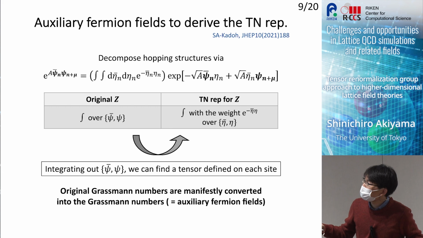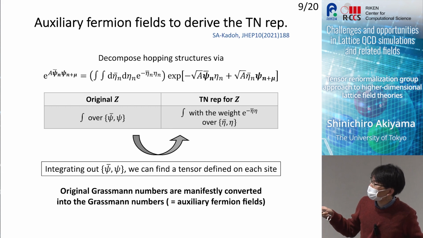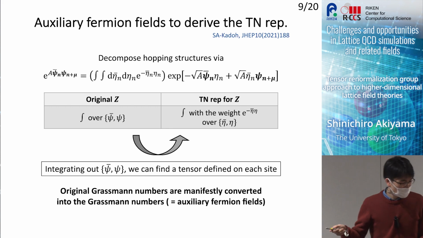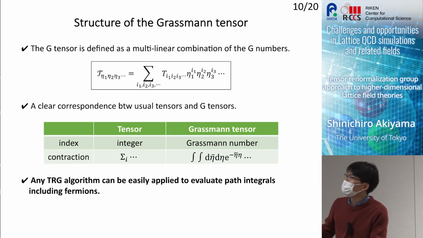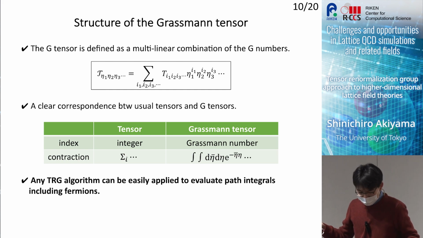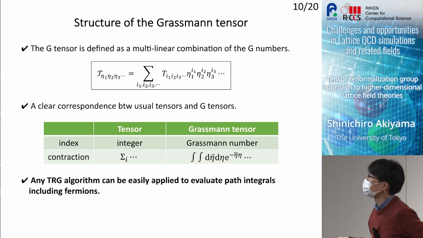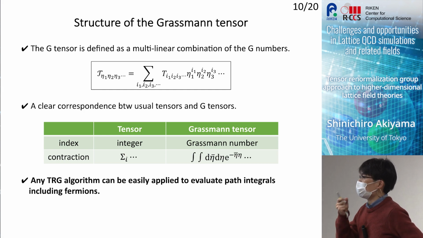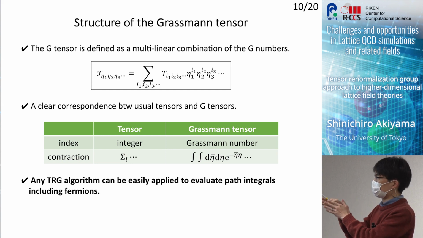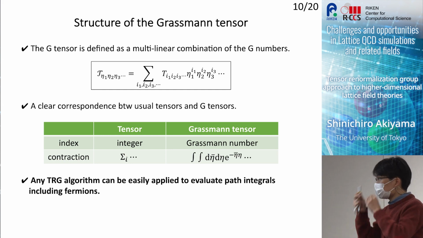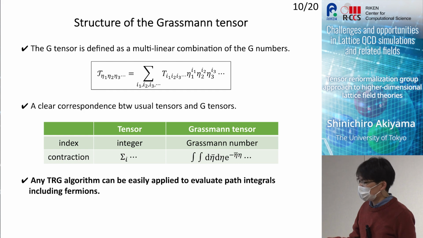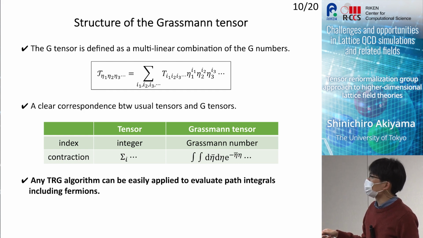I don't show the explicit procedure, but by integrating out these original fields, finally we have something like this as a result of the integration over the original fermionic field at each lattice site. Here eta shows the auxiliary fermion fields introduced in the previous slide. So the point is that in the fermionic path integral case, the tensor network representation is constructed from this kind of object. And I'd like to call this a Grassmann tensor because